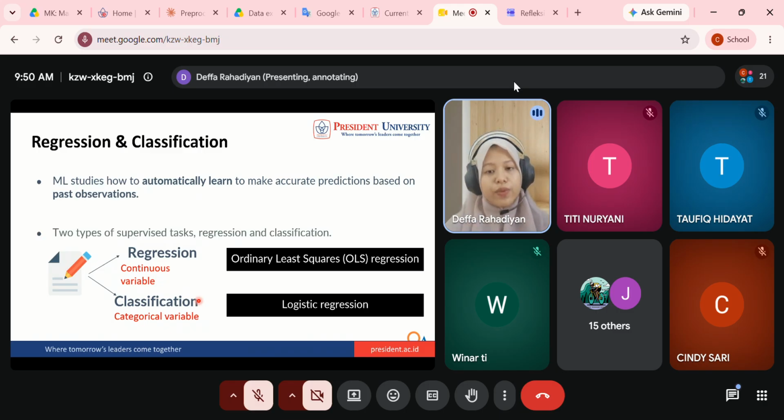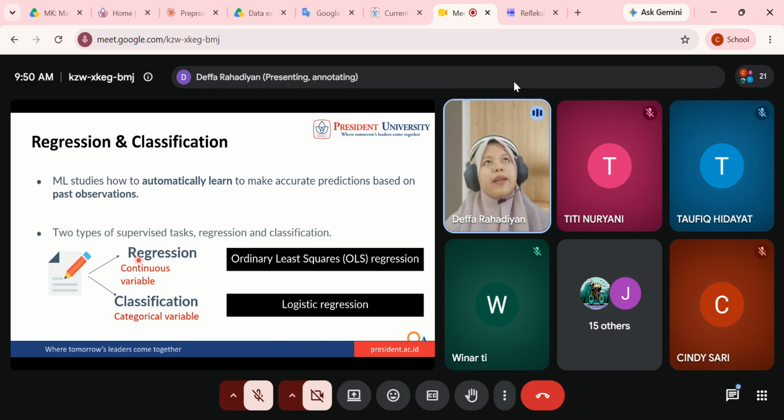As we know, for regression the output must be a continuous variable, and for classification it must be categorical. It means that the number of classes or labels is already defined in the beginning.